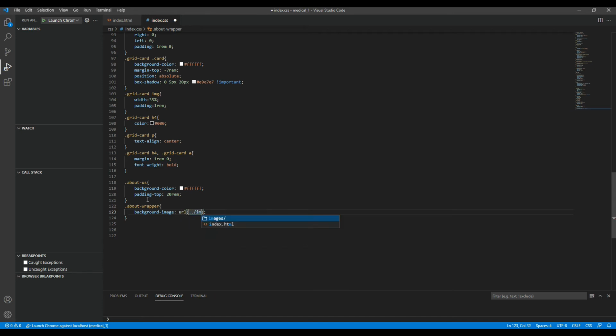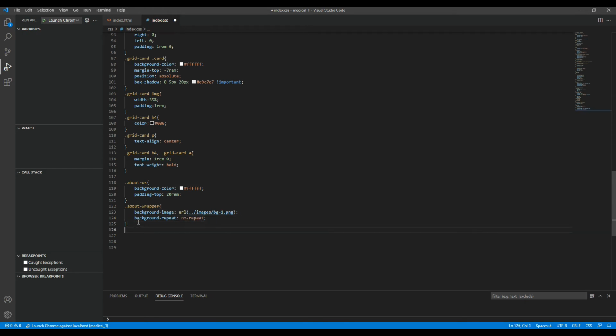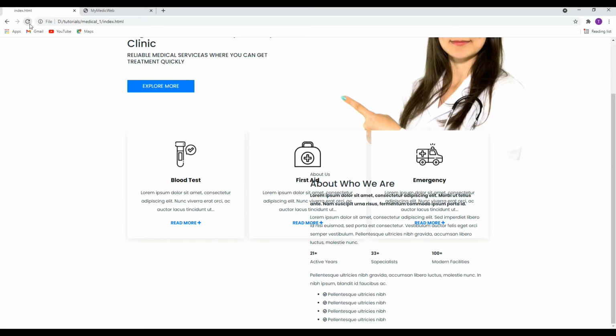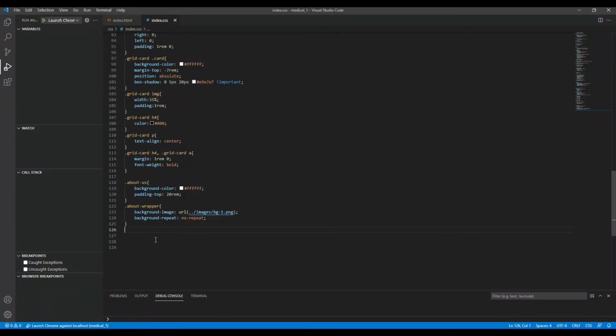So that one will be images, background image, and have a video background one. I'm going to have a background repeat, no repeat. So as we preview this one, you can see, yeah, it's actually very nice. It still needs some